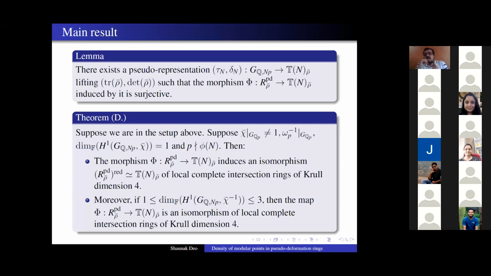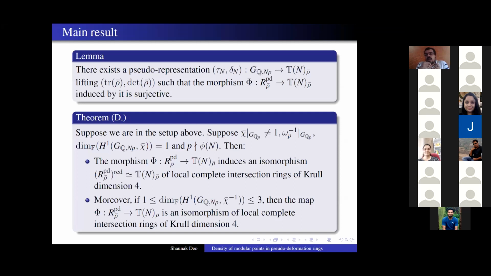Okay, so this is the main theorem of my work, and it sort of establishes big R equals T theorems. This reduced quotient is not that big a deal, because we know that T_n rho bar is also reduced, so it is expected that the map will factor through the reduced quotient. The deformation rings are not really supposed to be reduced. I mean, it depends on the context, so it's not clear if they're expected to be reduced or not. But anyway, I'd like to say that under this hypothesis, I do establish some big R equals T